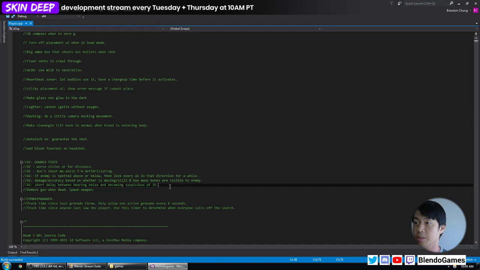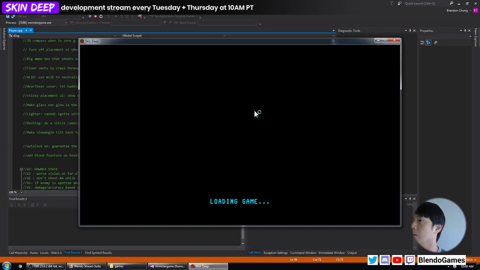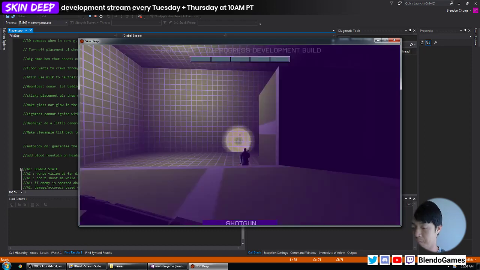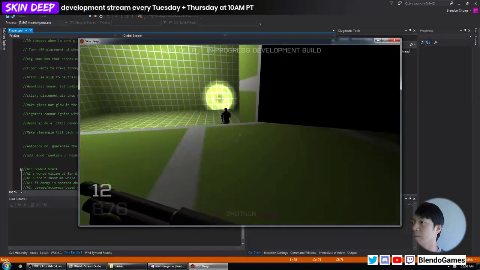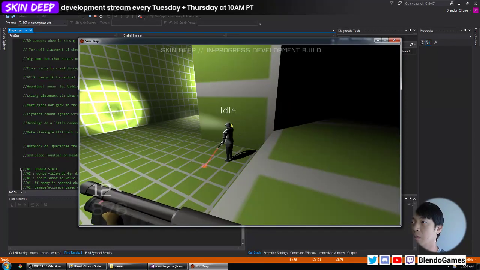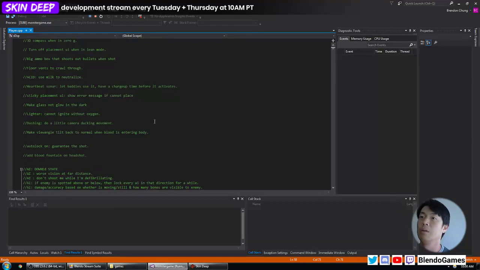I am Brendan Chung, and today I thought we would go through our backlog, our to-do list, and try to knock some of these things out. So here's what we got so far, and I think what we're going to try to start with is